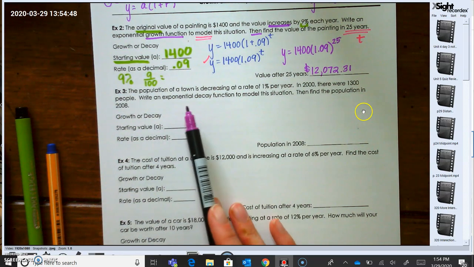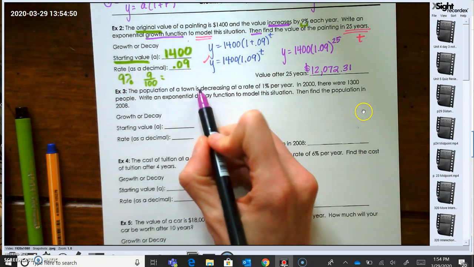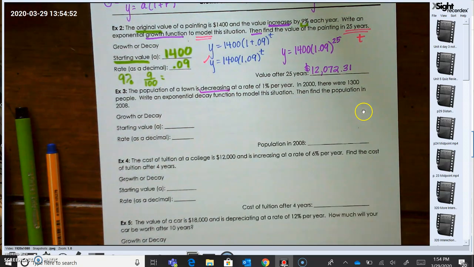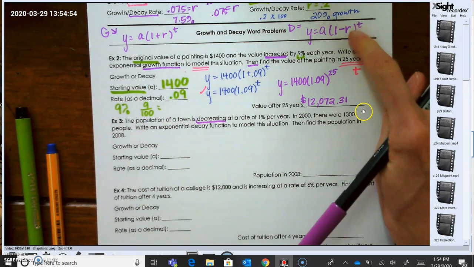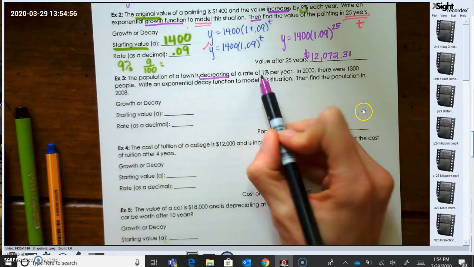All right, the population of a town is decreasing. So which model do you think we should use? Decay. At a rate of 1%